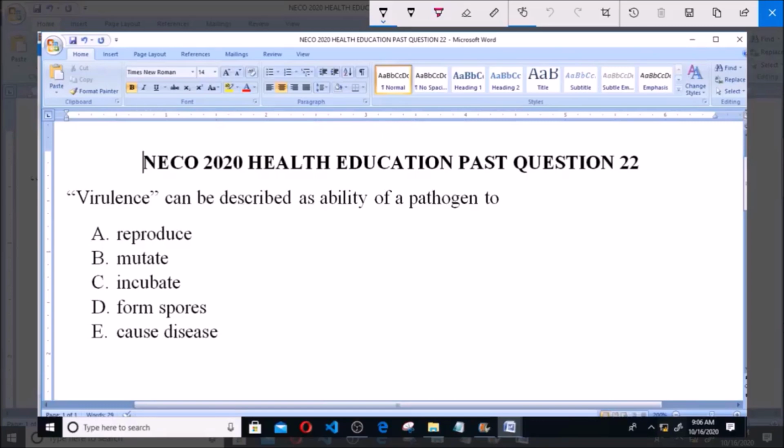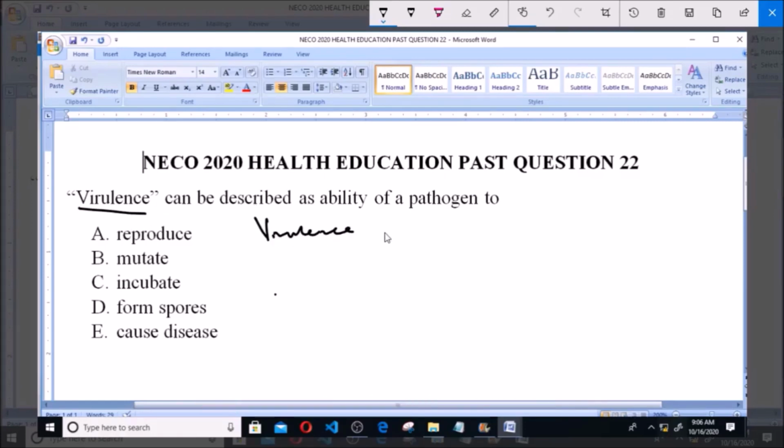I will be answering NECO 2020 Health Education Past Question 22. Virulence can be described as the ability of a pathogen to: A. Reproduce, B. Mutate, C. Incubate, D. Form spores, and E. Cause disease. Now, when you hear the word virulence in terms of pathology,